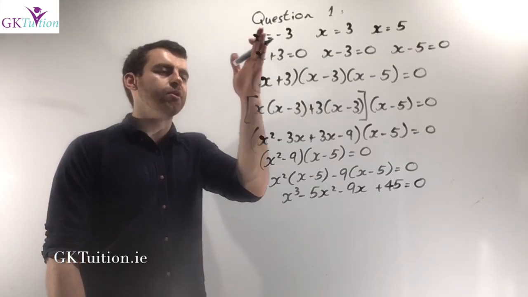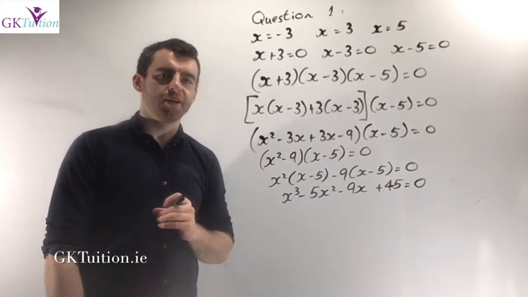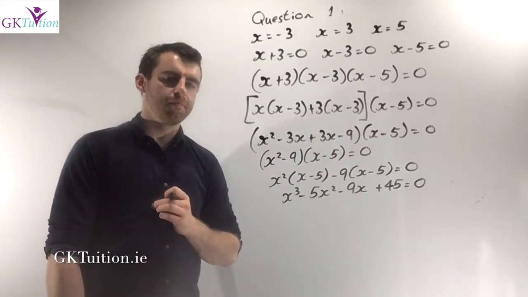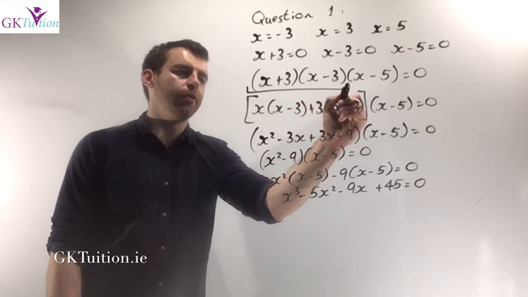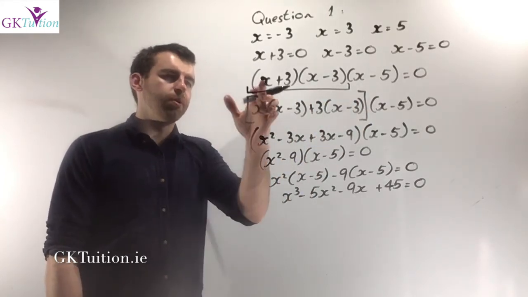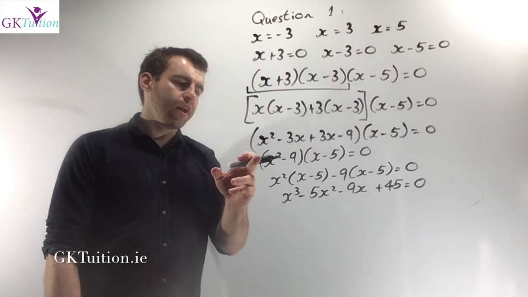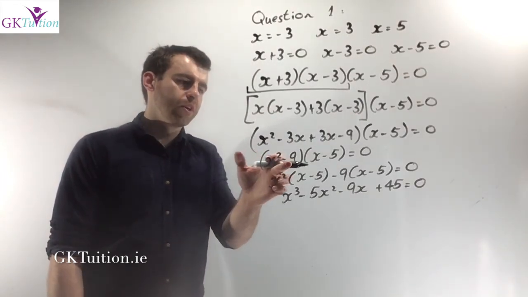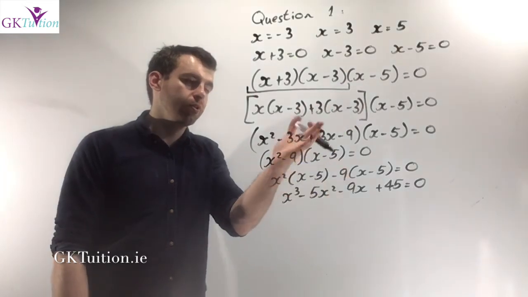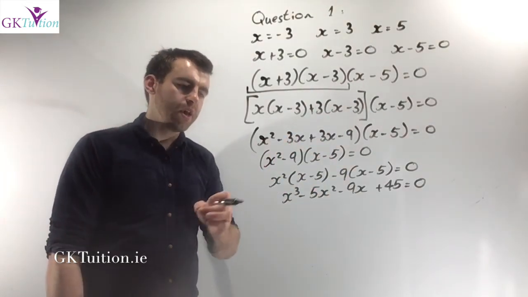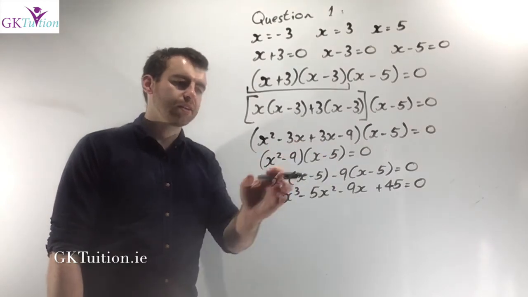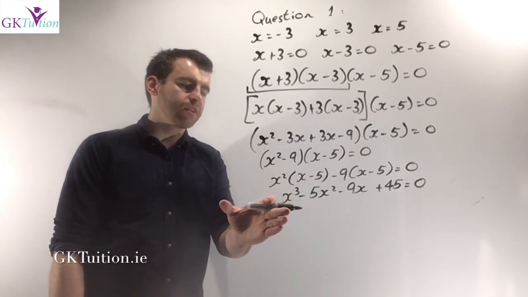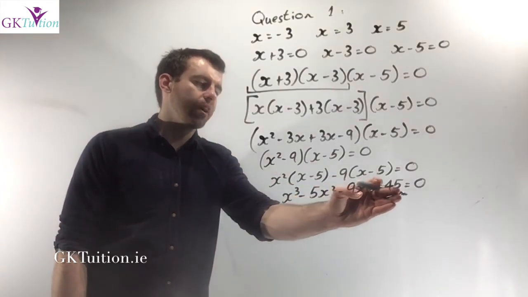Once I've identified the roots, I simply convert them into factors and multiply them by each other. So I need to multiply x plus 3 by x minus 3 by x minus 5. I started off here by multiplying the first 2 brackets by each other. When I multiplied x plus 3 by x minus 3, I ended up with x squared minus 9. Then I need to multiply x squared minus 9 by the third bracket that I've thus far ignored, it's x minus 5. It's the first thing in the first bracket by the second bracket, second thing in the first bracket by the second bracket. When I multiplied it out, I got x cubed minus 5x squared minus 9x plus 45